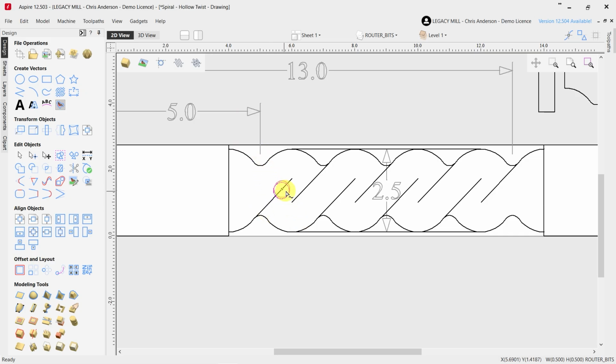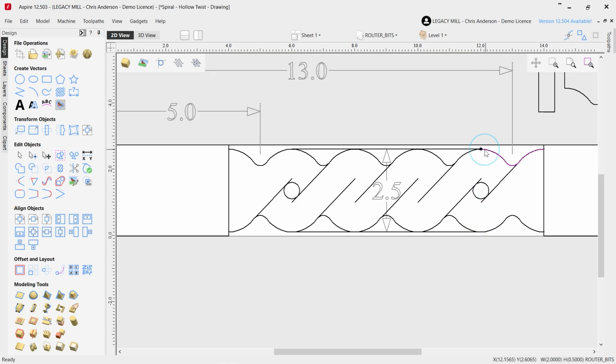What I'm going to do in this example is position it at the edge, right there where the router bit profile stops on the turning tool profile. I'm going to put the center of my hollowing tool at that position in the x-axis. And I find that you can see it flows quite nicely into that profile with the hollowing effect stopping right there. So that seems to be my rule of thumb. It works really well visually. So if we have it start there and end